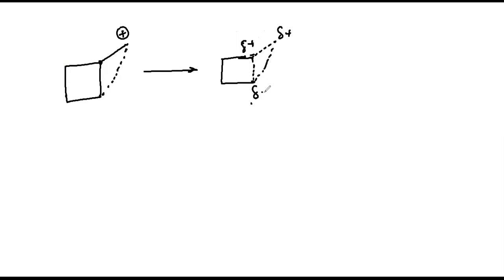Just a second. I made a small mistake. Let it be this only. This should be connected with a join. What will happen? This bond will start breaking, which I have shown in the first figure, and this bond will also start breaking like this.